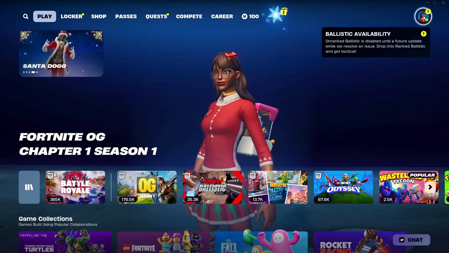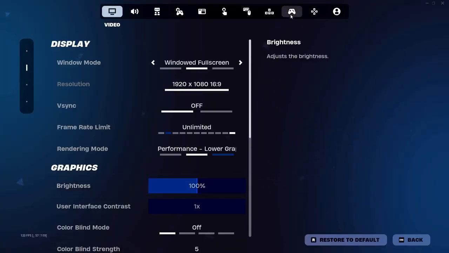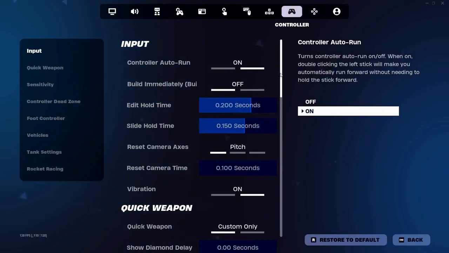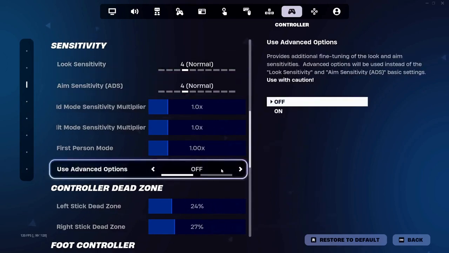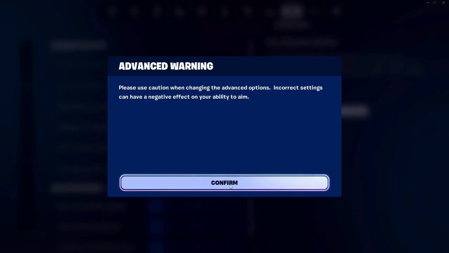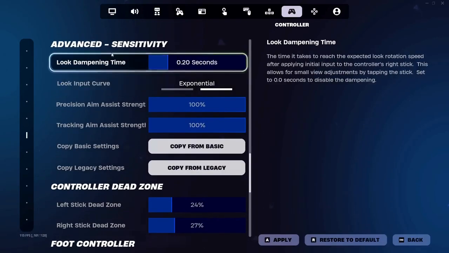So first, you simply click on your icon here at the top right, then click on Settings, click on your controller icon right here, just scroll down till you see the Sensitivity tab, then click on Use Advanced Options. Then this will pop up, just simply click on Confirm and just scroll down till you see the Advanced Sensitivity